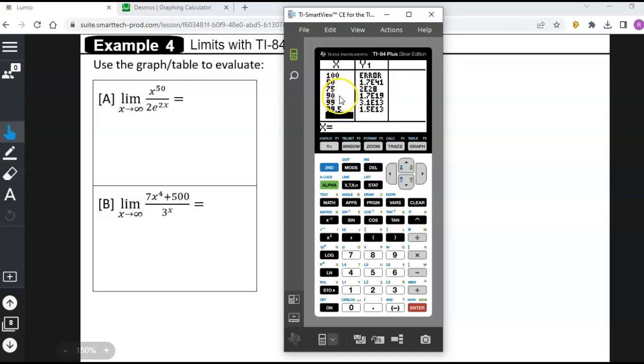And that doesn't seem to mesh with the graph that we look at. So when we look at the graph, see how it looked like we were going up to infinity, that limit was going to keep